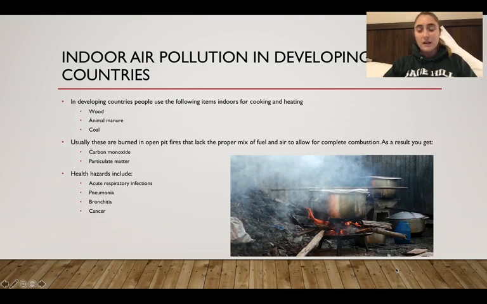Now, we've actually kind of already talked about this in our energy unit because we were talking about how in developing countries, sometimes the primary source of energy, specifically heat energy, comes from burning things like biomass, so wood, animal manure, and potentially coal if you have access to it, and potentially charcoal. Now, a lot of times people are using these types of things to heat the insides of their homes or